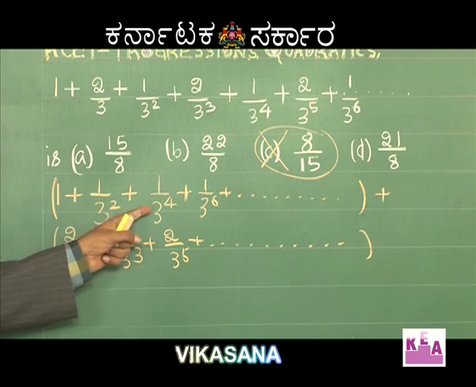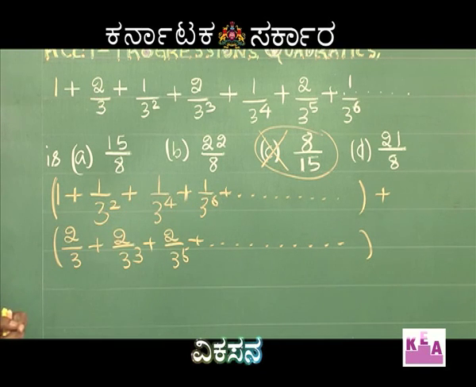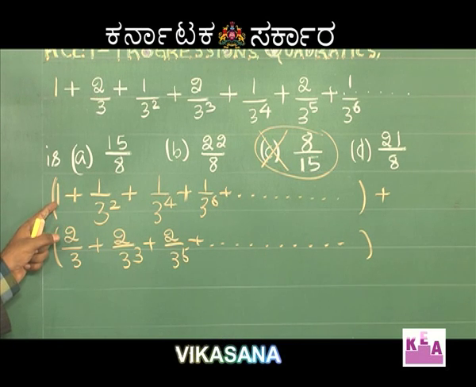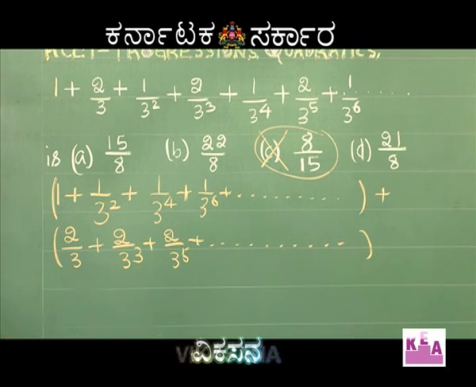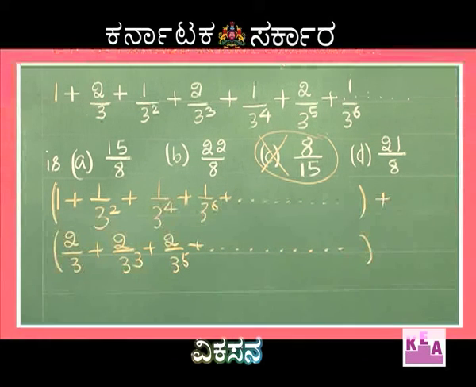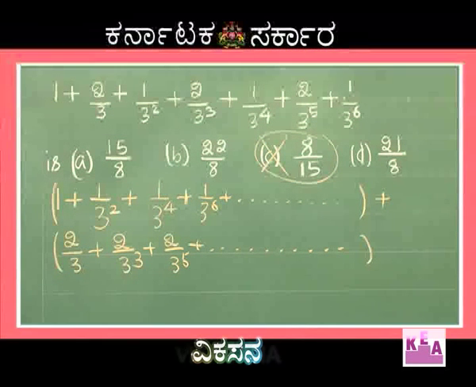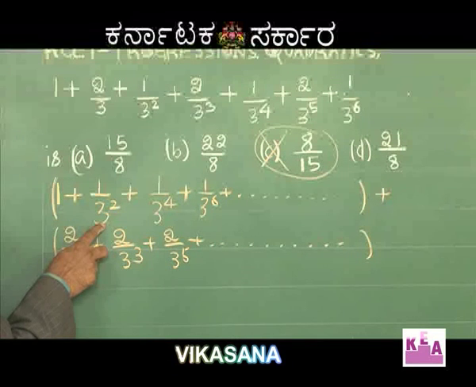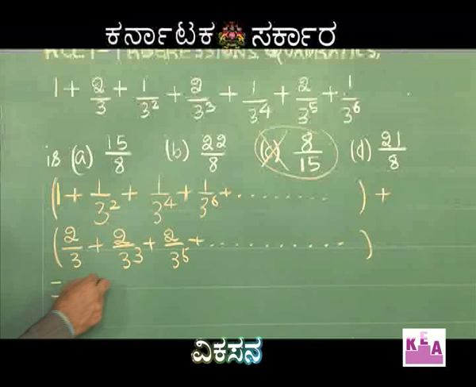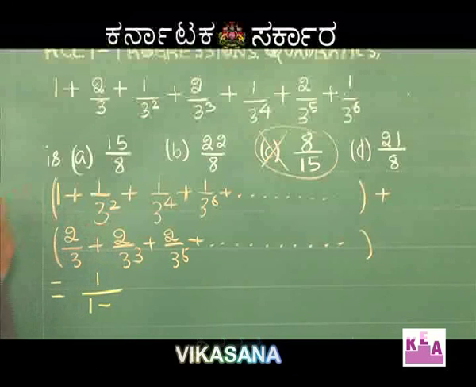This is a geometric progression with infinite terms, an infinite GP. Sum of infinite terms of a geometric progression is given by S infinity, that is A by 1 minus R. So the first part is A by 1 minus R. What is A? A is the first term. What is the common ratio? 1 by 9. Do you agree with me? That is equal to 1 divided by 1 minus 1 by 9. Second term by first term will give us 1 by 9. So this is the first part.